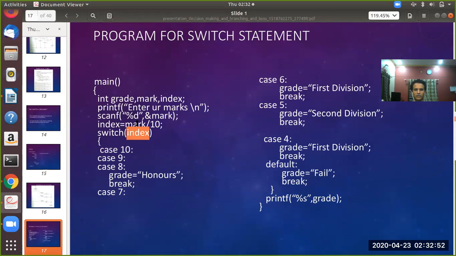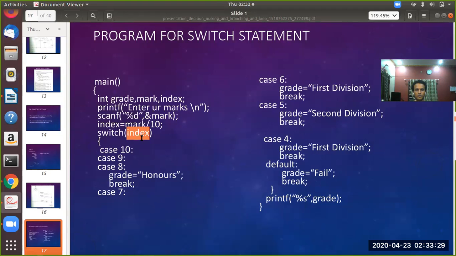Suppose number 4 comes as the result of dividing mark by 10, then the value created in the index variable by dividing the mark variable by 10 is used in the switch expression.